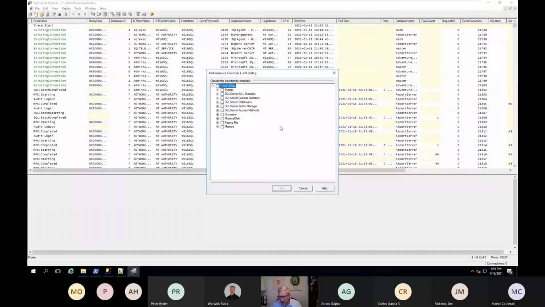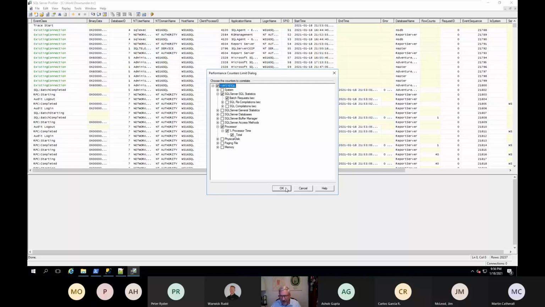It captured all those counters that I showed you in the template, but we don't want to look at all of those at the same time because the message gets rather confusing. So I do want to look at percent processor time, and I want to look at batch requests per second. Let's keep it simple for now.